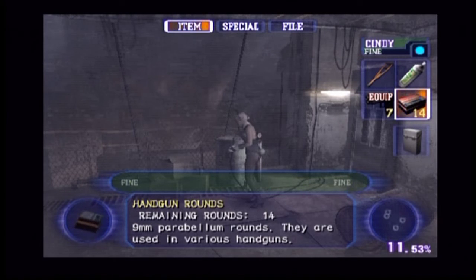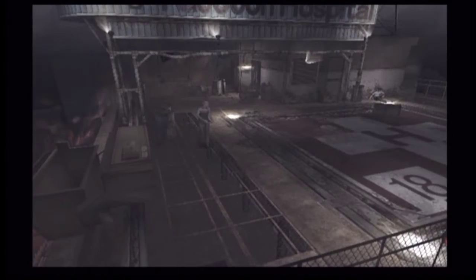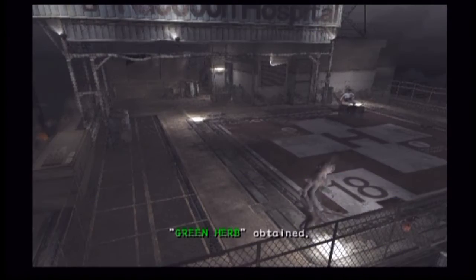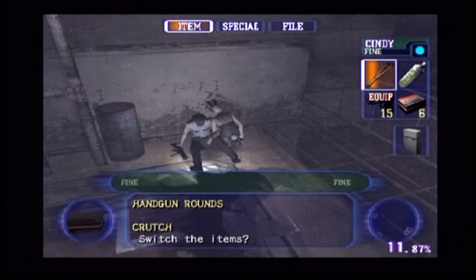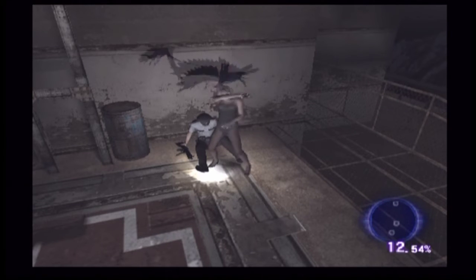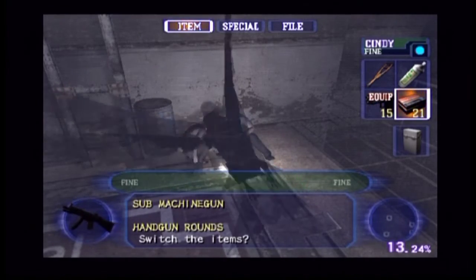There are crows up here, by the way. My most hated enemy in the game, easily. So hard to hit him, man. You know I'm not bullshitting when in the second game they intentionally made it easier for the player to, oh shit. Okay. Oh shit. They intentionally made it easier for the player